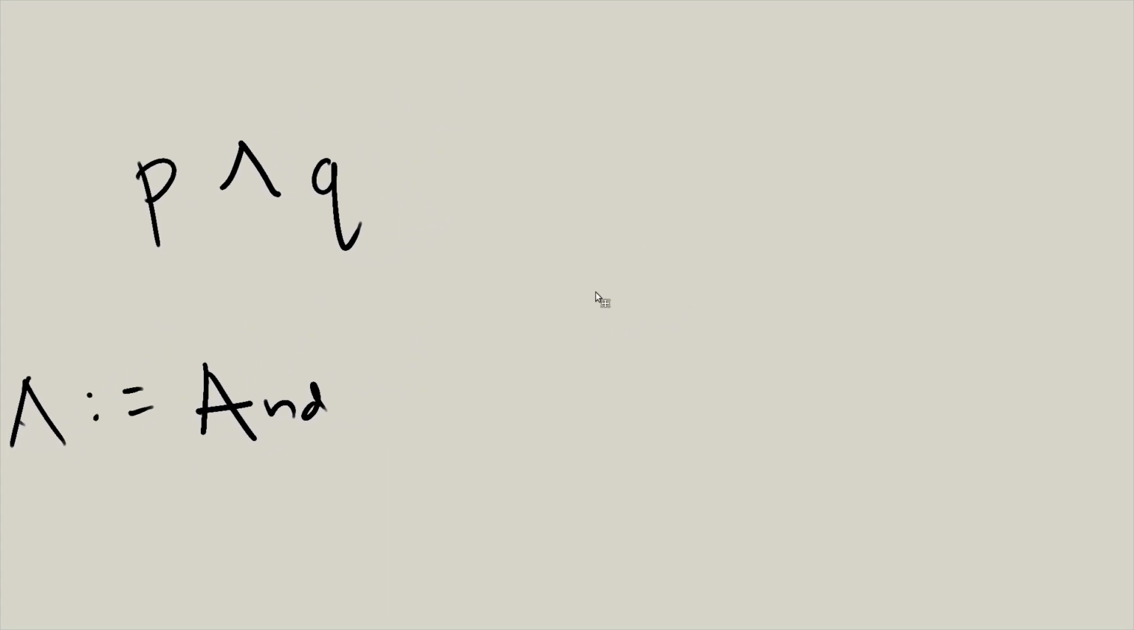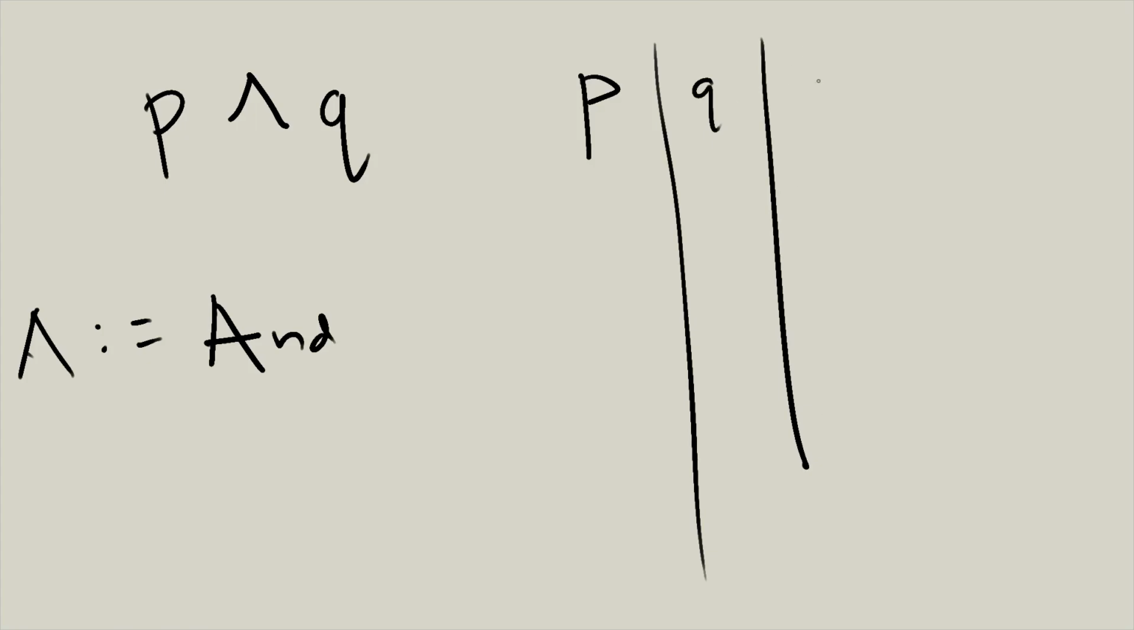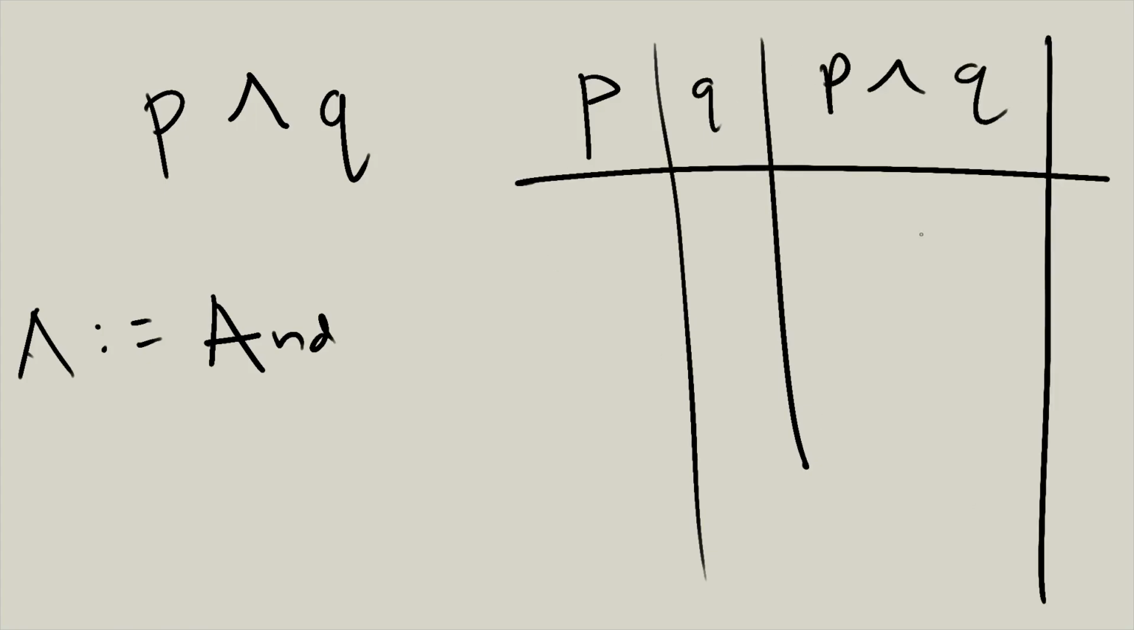So the way we can represent this is with a truth table, which has P, Q, and P and Q. And you can say 0, 0 is going to evaluate to, for P and Q,